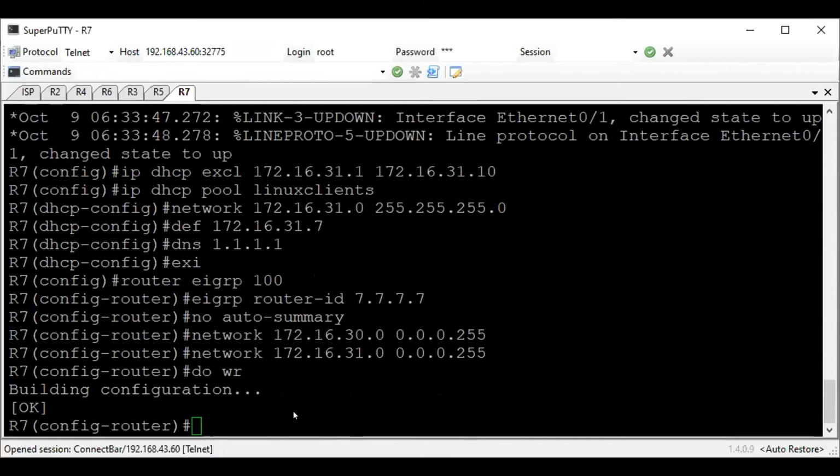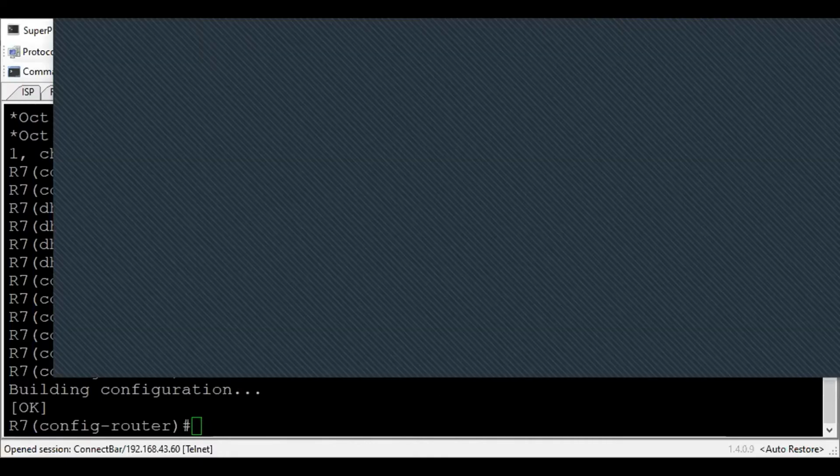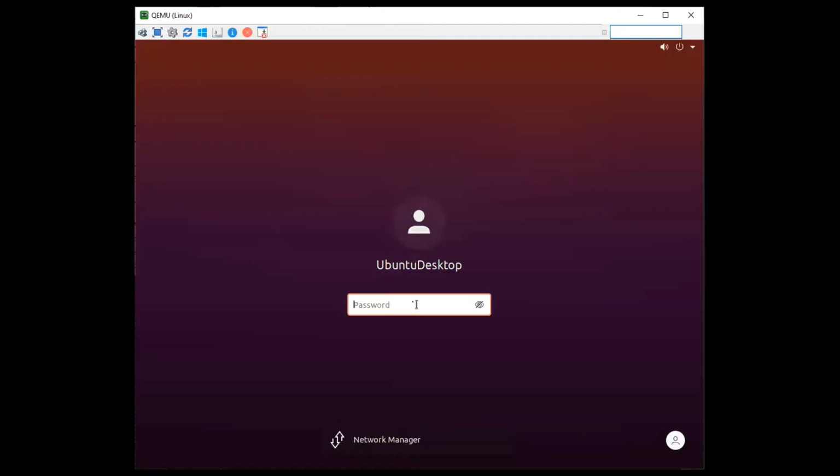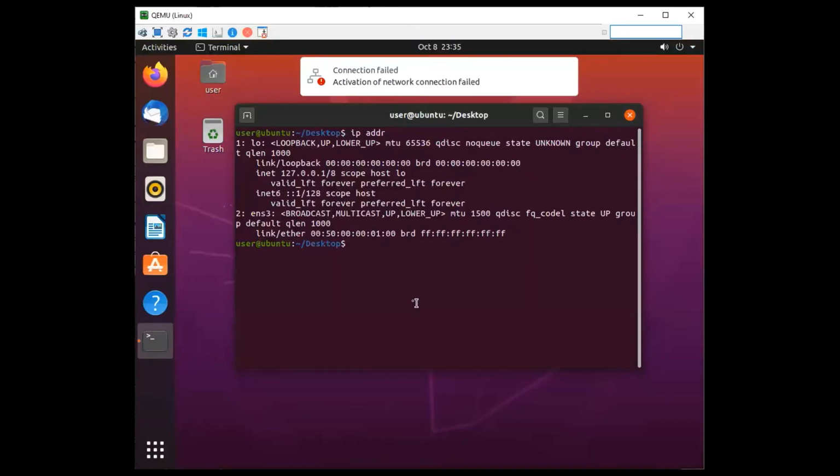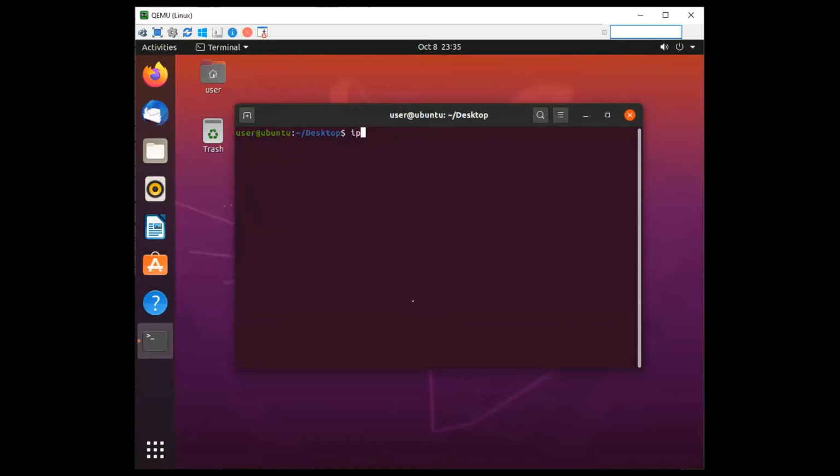After that, we'll just want to make sure that the Linux client is getting the DHCP for that. So we'll go to the Linux machine, stop the window right here. Okay, we'll log in. And no, the password isn't 1234. You don't want to do that. So ip addr,